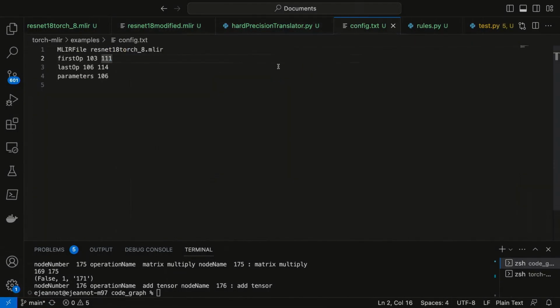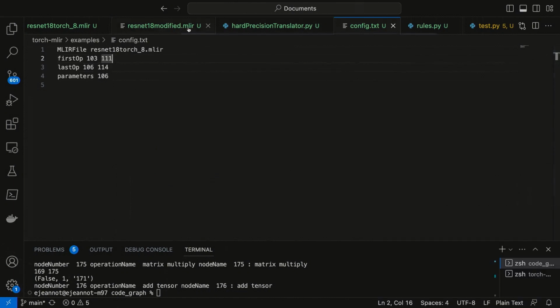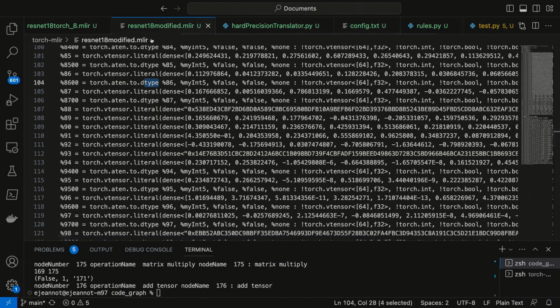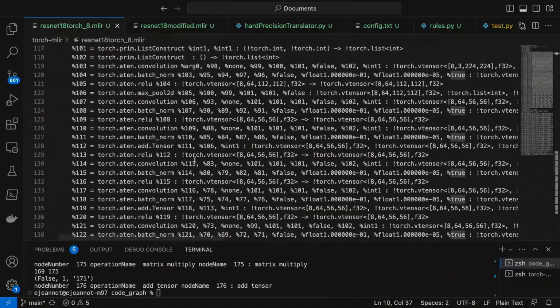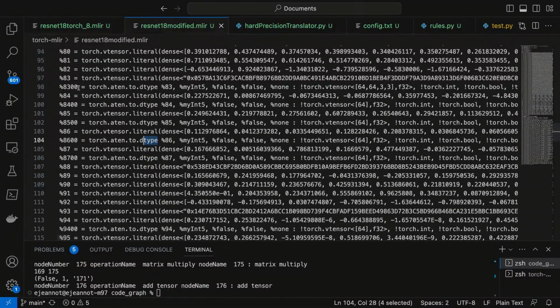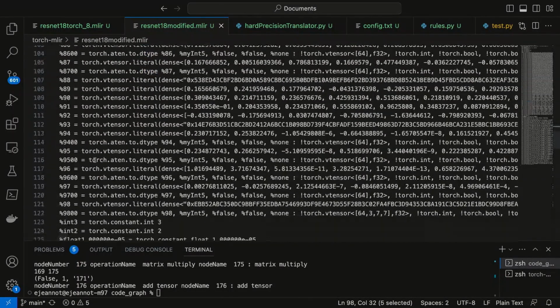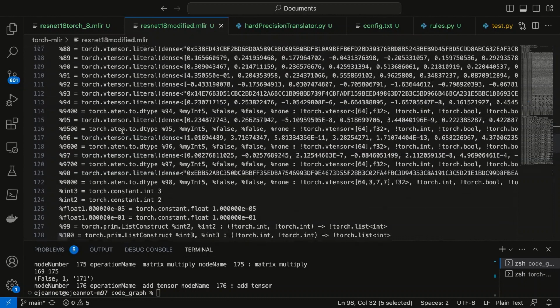We also have the configuration file to specify the file and the different parts of the graph of the MLIR that we want to modify, and we can specify some parameters that we don't want to translate, which can be useful if, in some precise cases, it changes the accuracy. So if we execute this code, we can translate a part of the graph. I did it before, and here we have the translation of the parameters, number 83, this is the translation of all the parameters. And after, if we go a little bit further, we can see